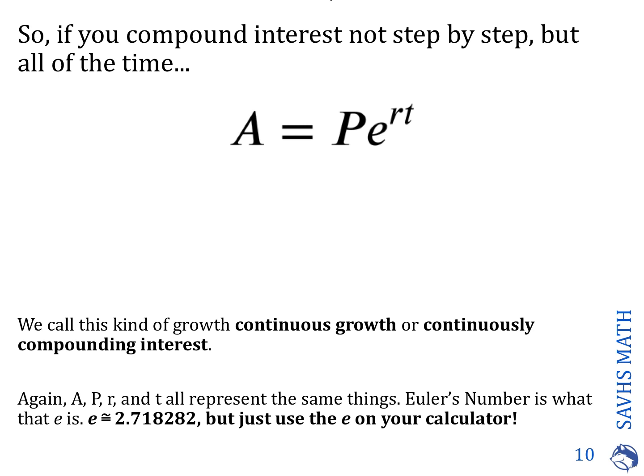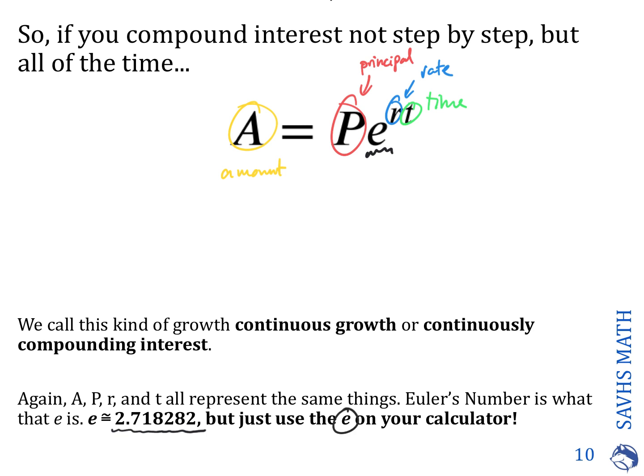On this slide, it just says that P, A, R, and T are all the same things. So P is still principal, starting value. R is still rate. T is still time. And A is still amount after whatever T time you have gone through. The thing that is new is this number called E, and it is a number. I know that it's written as a letter, but E is about 2.718282,